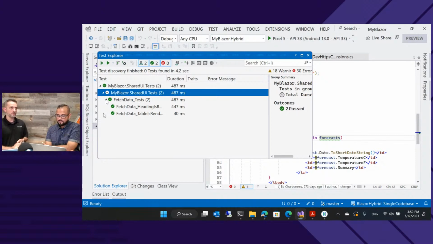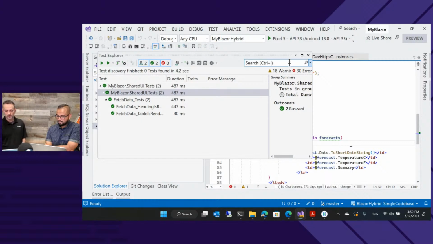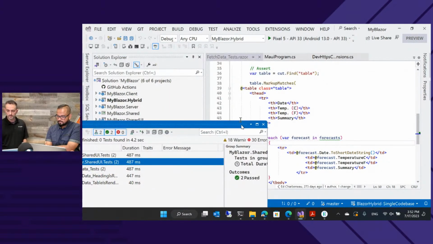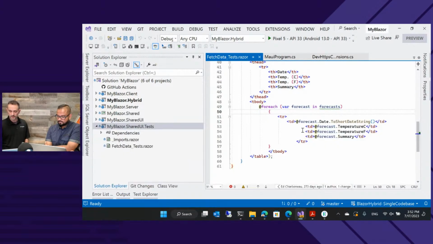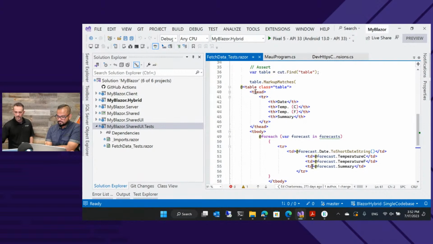And it does also something that you don't run into on those native devices, and that is semantic comparisons. So if you look at the code that I have here, let's try to get this out of the way, but not get rid of it completely. There we go. For example, I have a class here. It's going to look and make sure that it has the table class on it. What if you have multiple classes on an HTML element? Like it's table, and then maybe it's highlight or something like that.